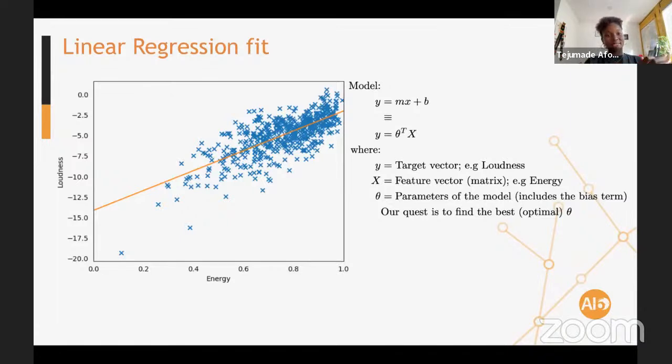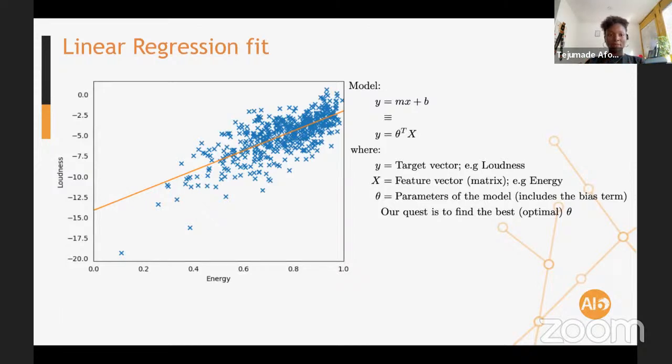Again, y here is our target vector and it's the loudness in this example. X is our feature vector. Right now we're considering one feature, but usually you would have multiple features, so it's usually a matrix, but right now it's a vector, and it's the energy. And theta is the parameter of the model. This is what we want to learn.